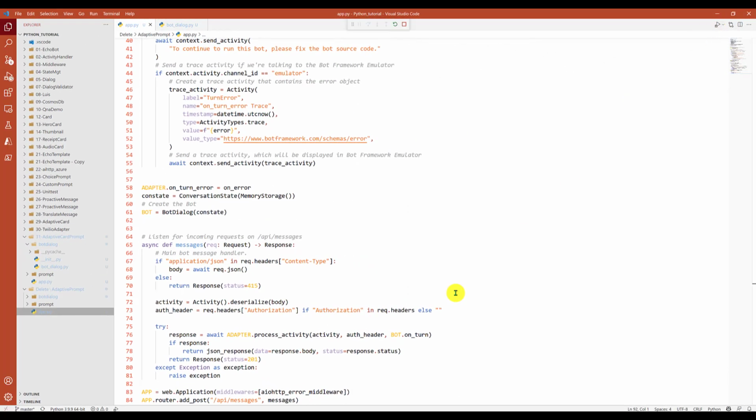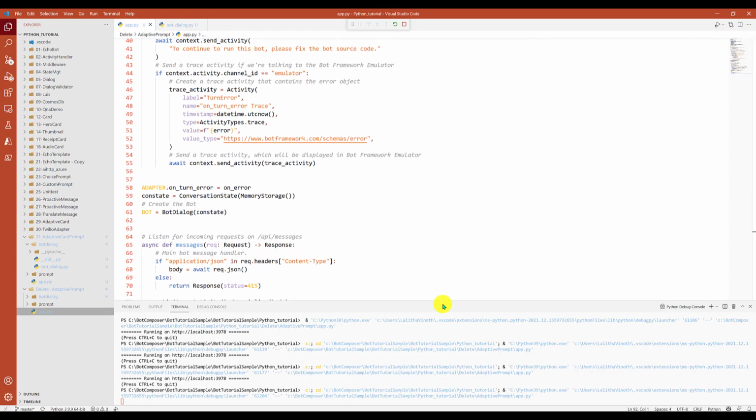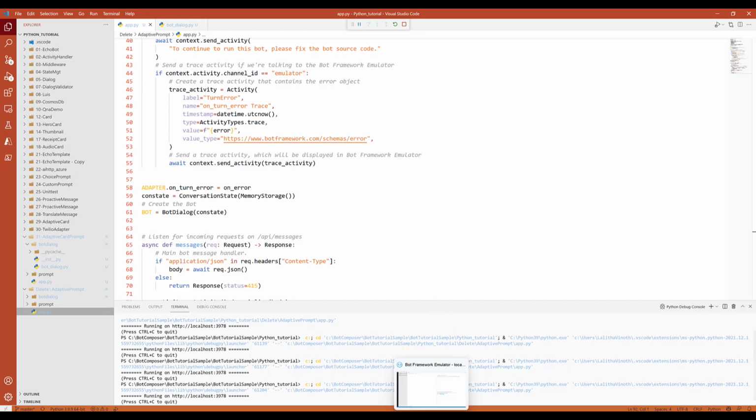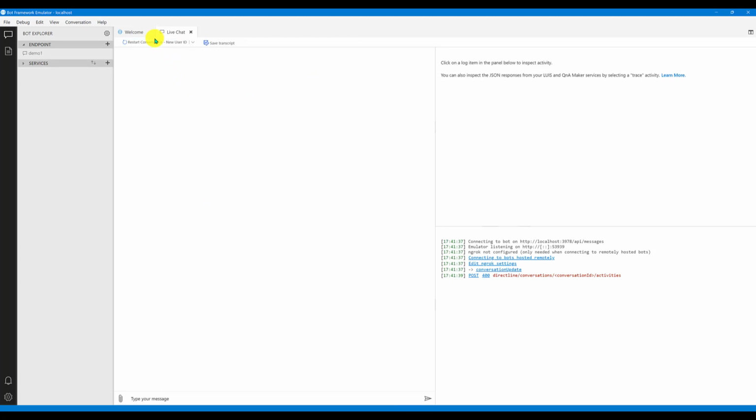Save, start the application. Go to the emulator, connect to the bot. Once connected, the bot sends this information to the user; fill in this form and click the submit button. The first thing we'll see is the validation part.